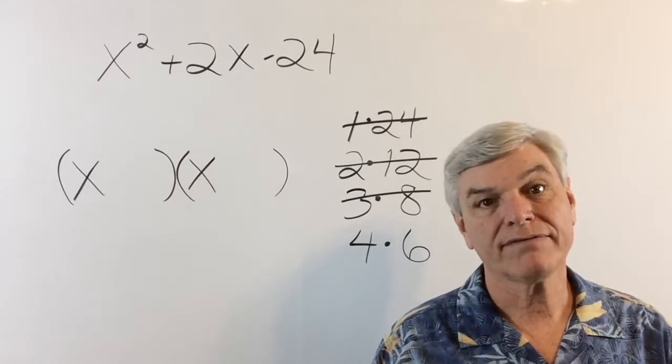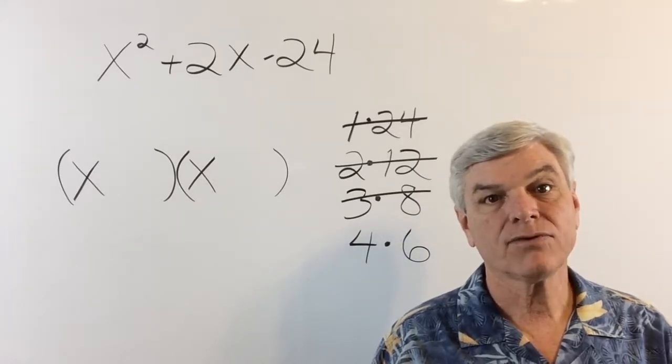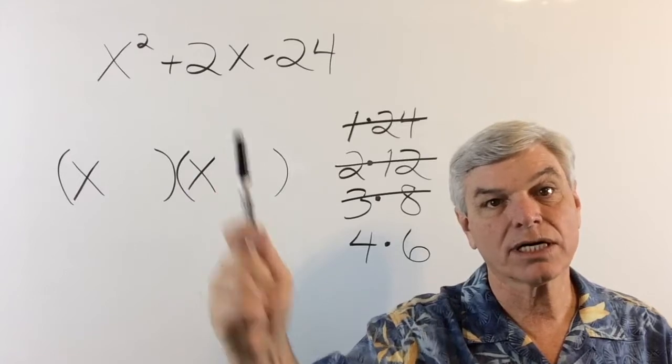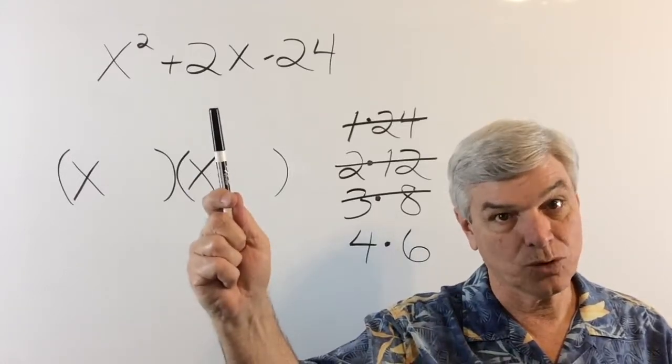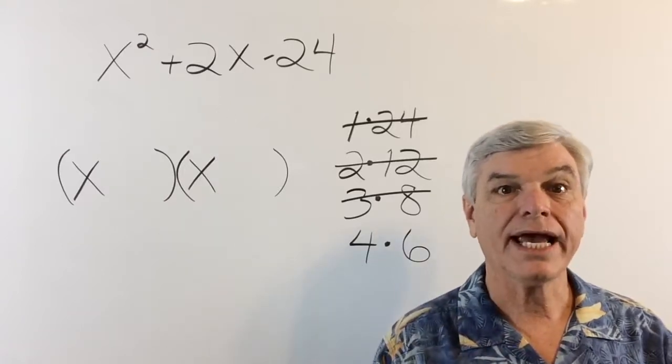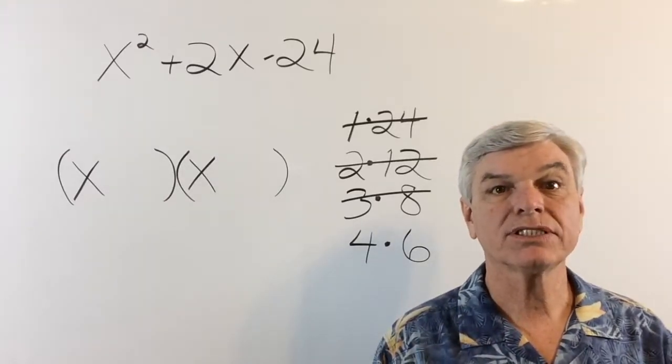So all we have left is 6 and 4. 6 plus 4 is 10. That doesn't work. 6 minus 4 is 2. That does work. Okay, so let's put 6 and 4